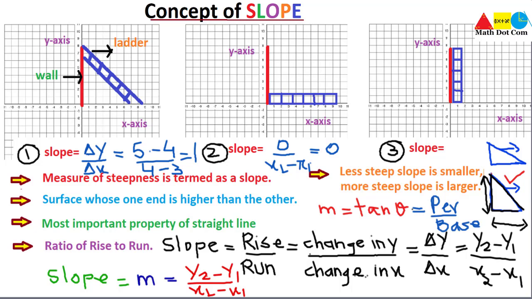Then we move towards picture number 3. Here we have the ladder that is standing straight beside the wall, and it's clear here that its y is changing but its x is constant. So here y is changing, so if I write y2 minus y1, it will be fine. But when we move towards the x-axis, it is not changing. So we have the same x here. So if we do x2 minus x1, it will be 1 minus 1 or 2 minus 2, depending on the value of x. So we will get 0 in the denominator.